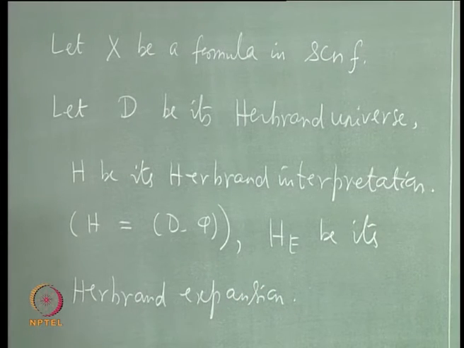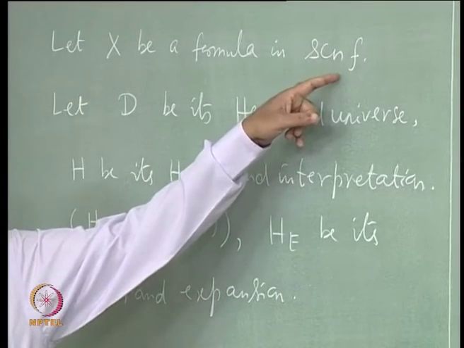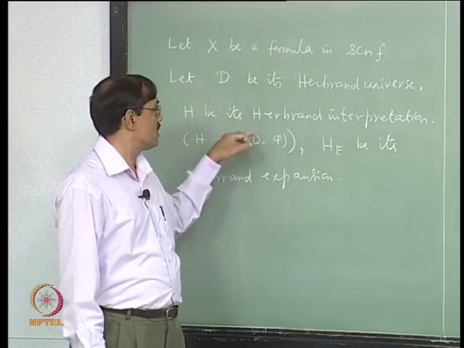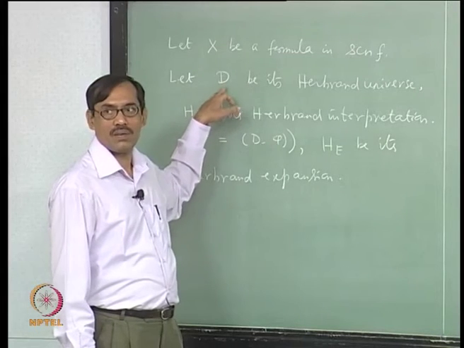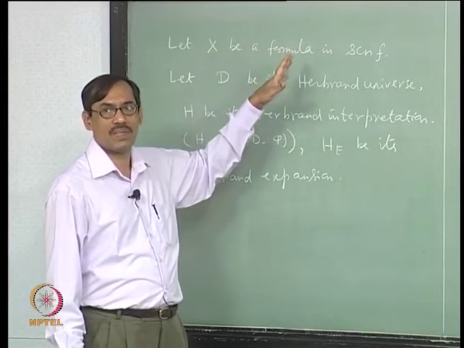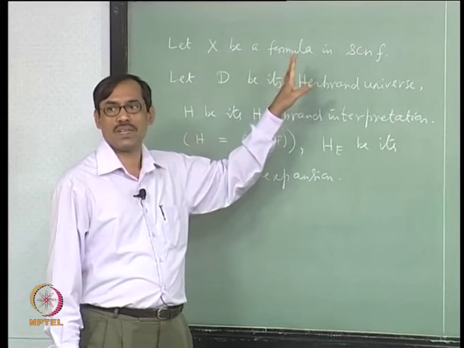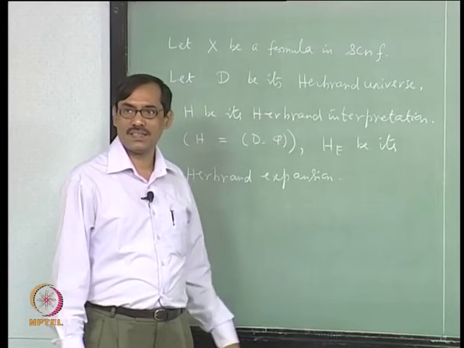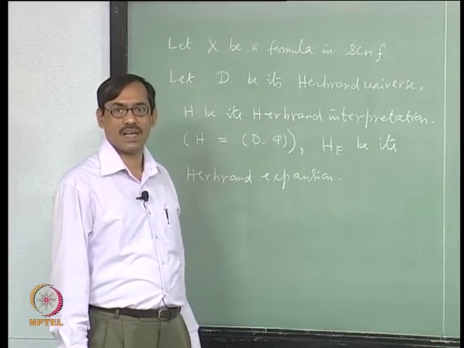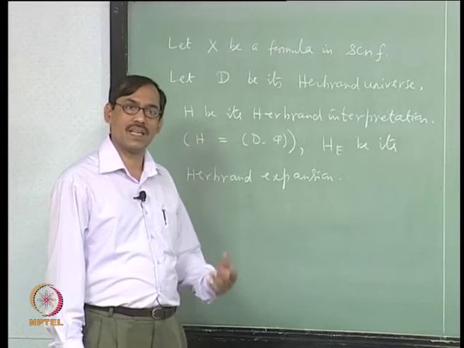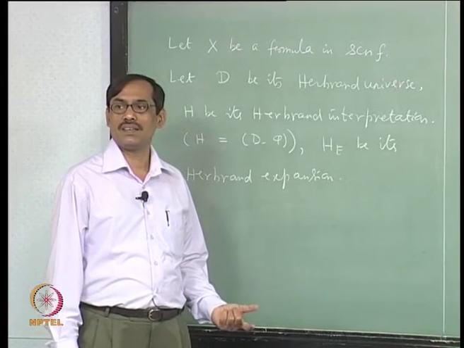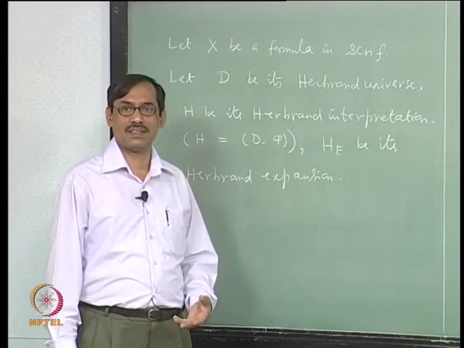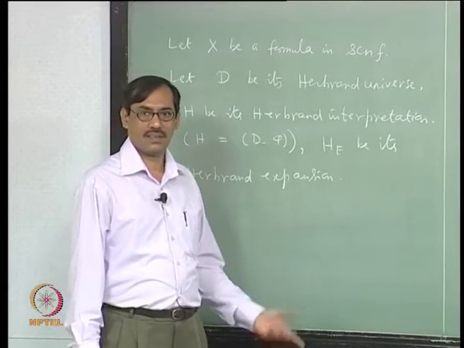So, we just get the Herbrand expansion from the SCNF X itself by substituting the variables with the elements from D, which are now terms generated from the constants appearing in the formula and function symbols appearing in the formula. If no constant is there, we start with eta, the symbol we have started with, and if no function symbol is there, then eta is the only element in our domain D, right. If at least one function symbol is there, then the domain D will become infinite, denumerable, fine.